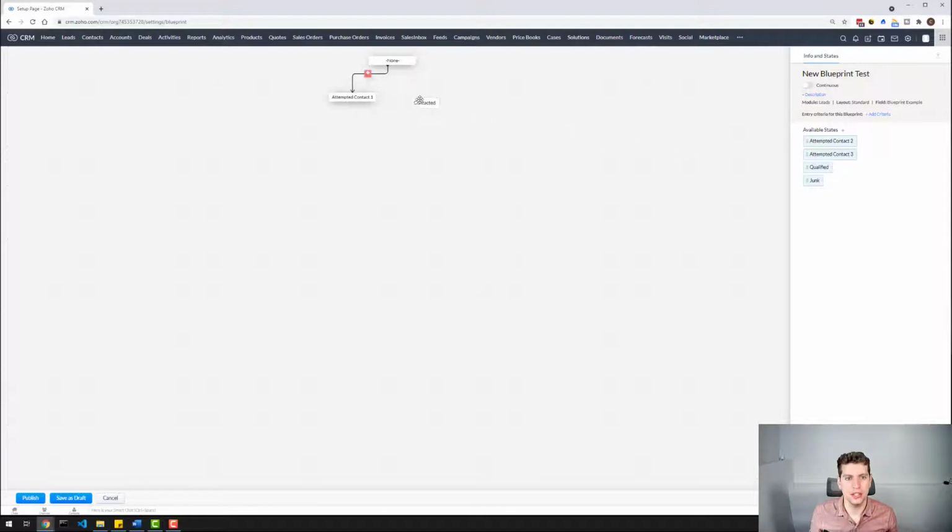So if we're going to throw these down, we are going to have them all available over here. And we're going to drag and drop all of these to their own arrows. So we're going to have all these connected to the none. So when we first come to a lead, we're going to see the options of attempted contact 1 as a button, contacted, junk, and qualified as a button.